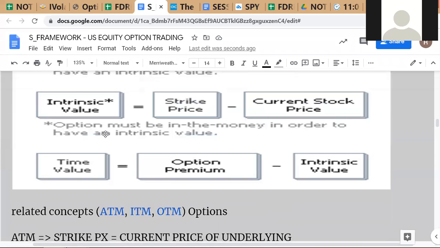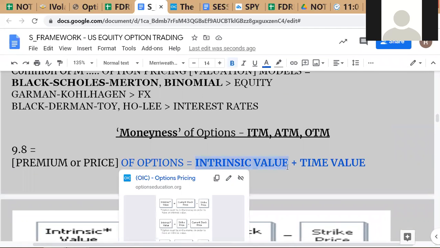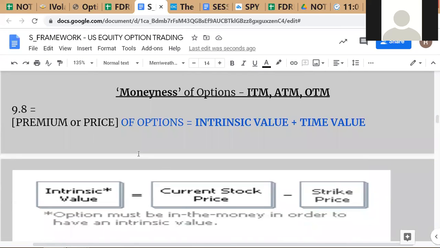Okay, let me explain what IV is here. Conceptually, this is what you should understand. I hope everybody by now understands what is meant by exercising the option. A call option is an option to buy, a put option is an option to sell. So when you exercise the option, you exercise the right that you hold through your possession of the option contract. If you have a call option and you exercise it, then you buy the underlying asset.